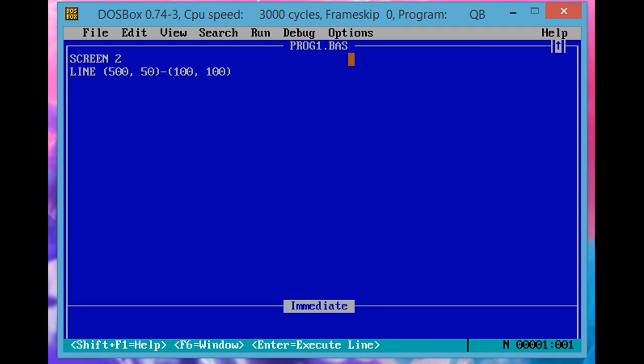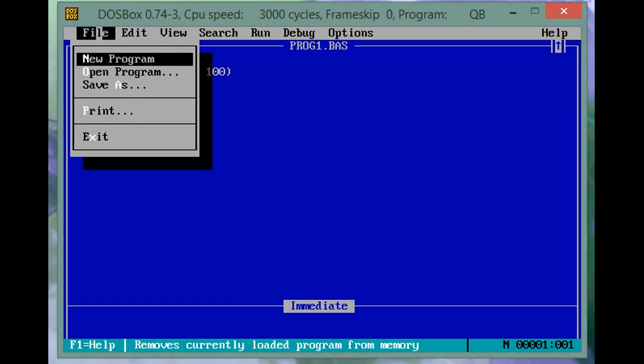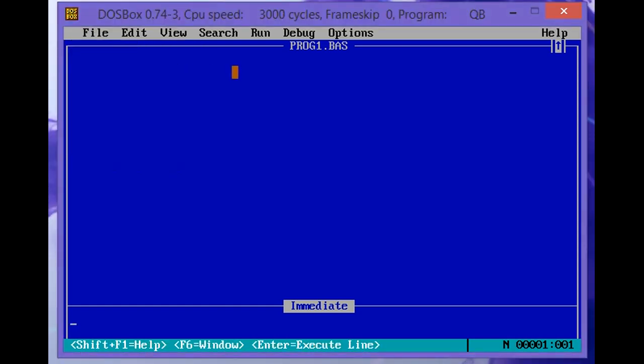Next is loading a program. To load your existing program, first you have to click on File. A program once saved can be reused by loading it. Follow the steps to load a saved program.